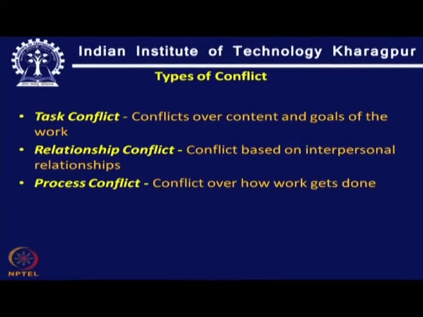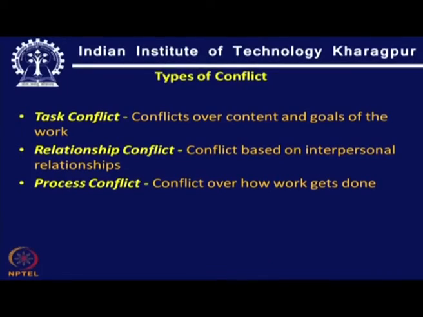And when you're talking of task conflict, it is a conflict over contents and goals of the work. When you're talking of the process conflict, it is a conflict regarding how the work gets done. But when you're talking of a dysfunctional conflict, it is more relationship oriented, and it is based on interpersonal